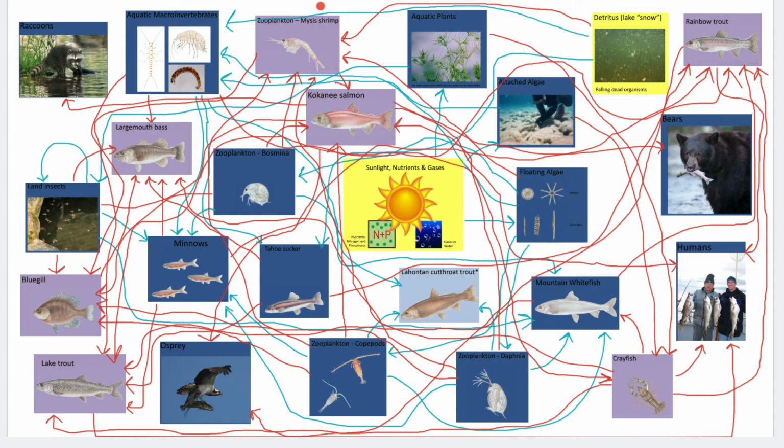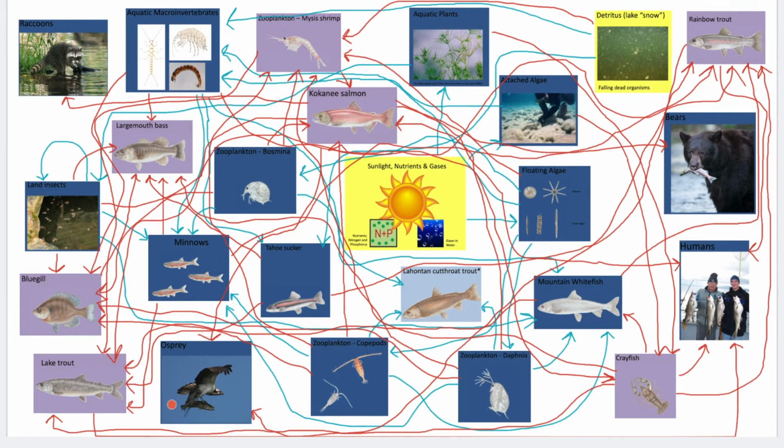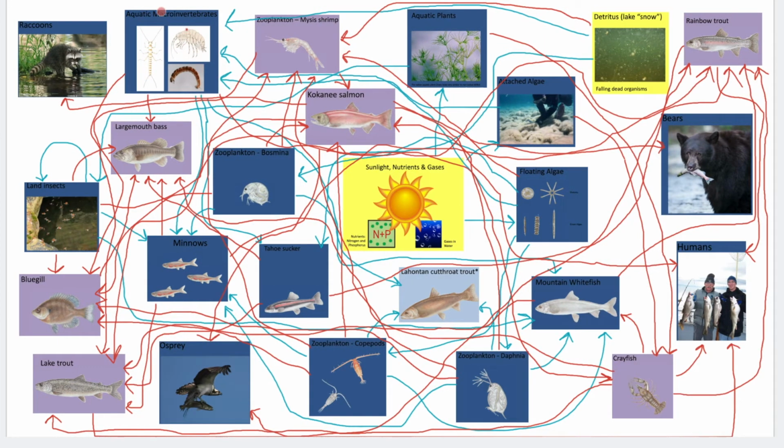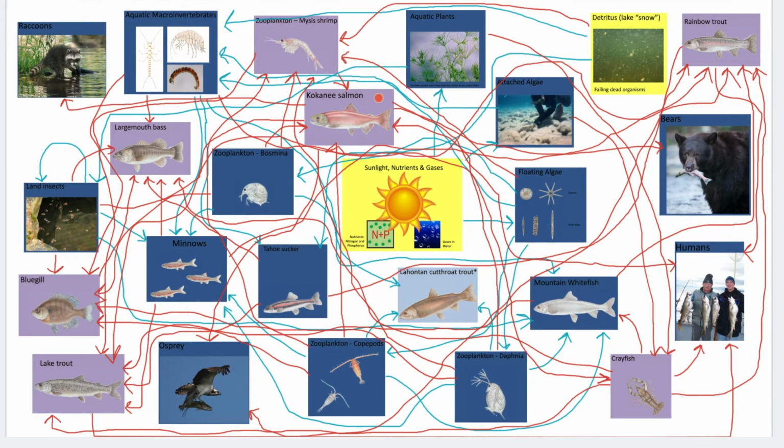You may have noticed that a lot of the cards that were purple were fish. Maybe you noticed that the cards that were yellow are neither animals nor plants. Maybe you noticed that the blue cards included mammals, plants, birds, and insects. Maybe you thought about how earlier in the field trip I told you that this mysis shrimp was an invasive species that was introduced into Lake Tahoe.